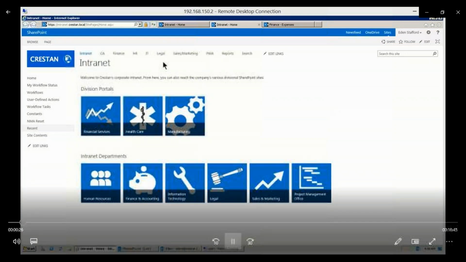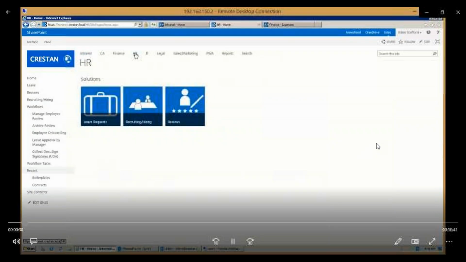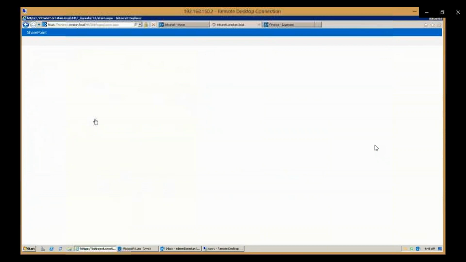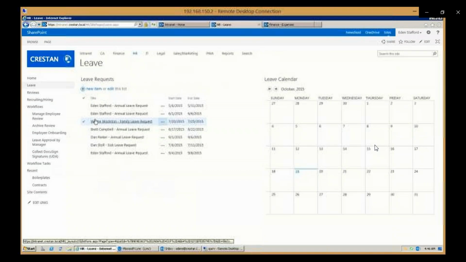I want to show a demonstration this morning of an HR example where you have a vacation request or time off request. And this is simply just an example of how you can take workflow in a business process and automate it with a combination of Sharepoint and the Nintex user interface.